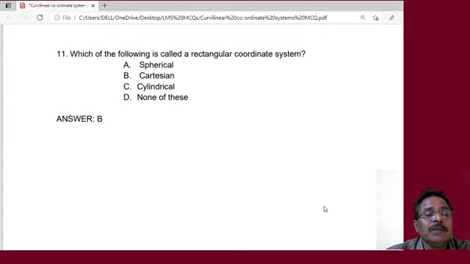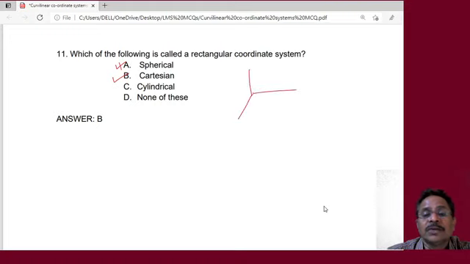Now question number 11. Which of the following is called a rectangular coordinate system? That is a very simple question, it doesn't require any understanding. The spherical system is not, because it has three different coordinates, that means one is r, second is theta and phi, so there is an angle. In the Cartesian, then cylindrical is also not the case, none of these. The correct answer of this question is B, that is the Cartesian coordinate system is called a rectangular